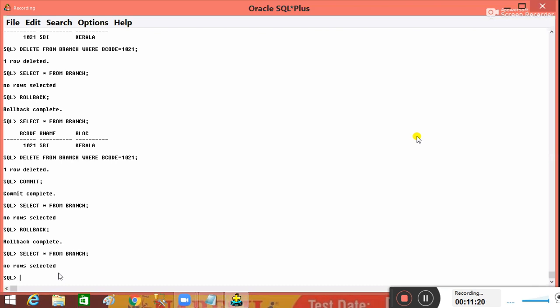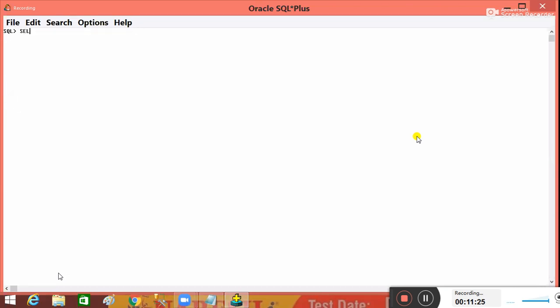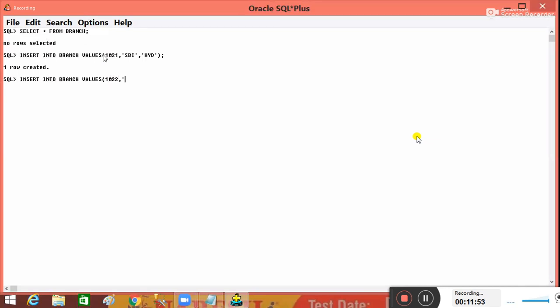Okay, let us see. But in these two commands, one thing is very important to know. Observe, this is our table. There is no data present in my table, and now I'm inserting data into this table. Insert into branch values 1021, SBI, HYD. I'm inserting a few records here: 1022, HDFC, Mumbai,